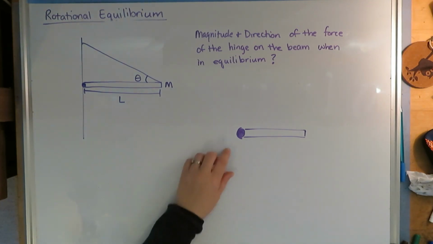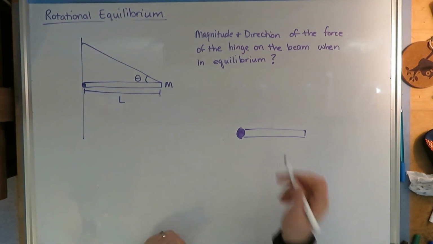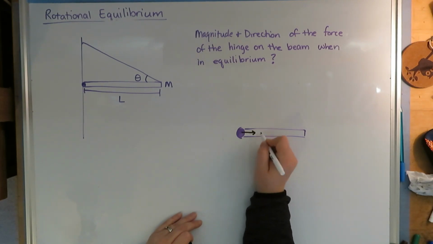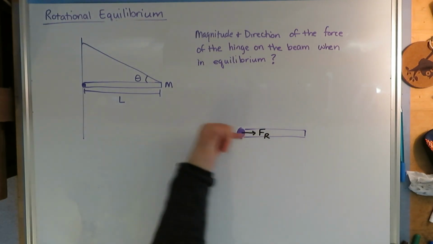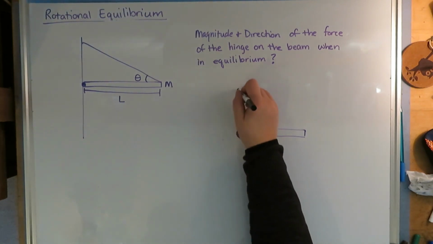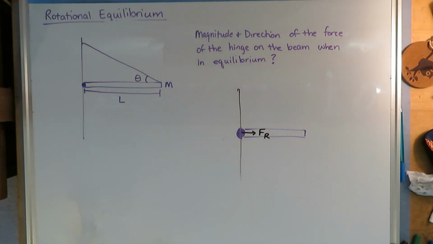Now, the direction of this force can change. Sometimes the direction of that resistive force, which we usually just call FR, R for resistive, is just perpendicular to the wall. It can be there. But